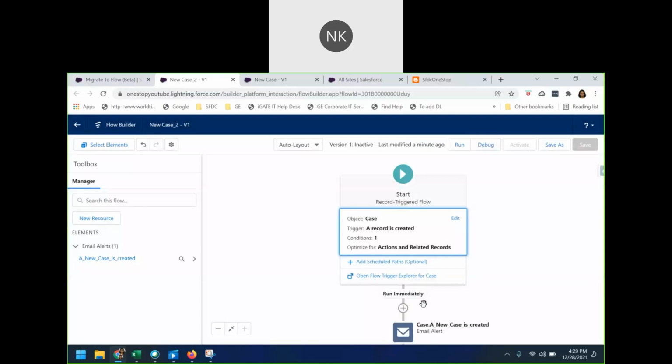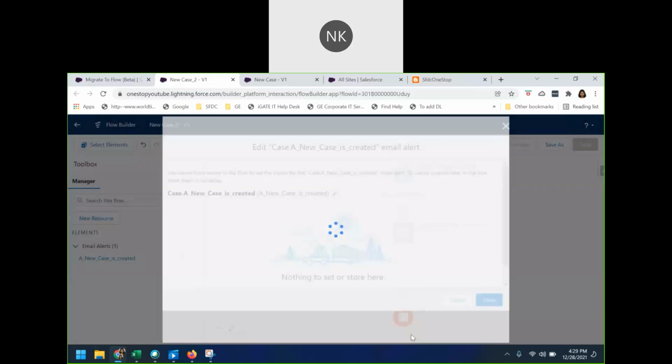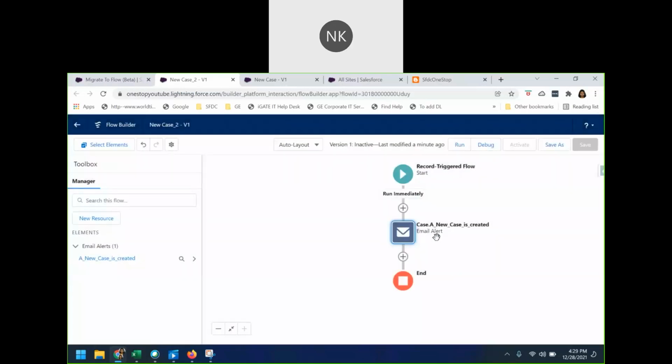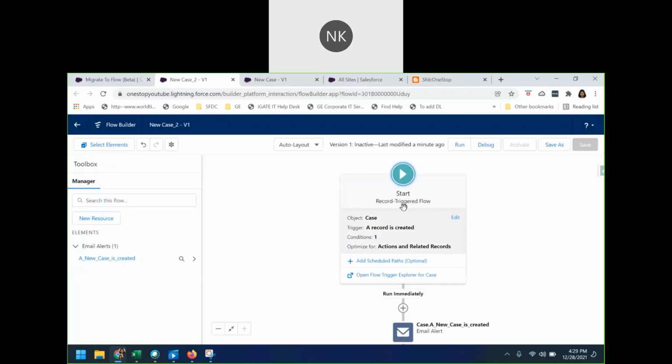Then immediately what has it done? It has created an action. When you click on it, it says that new case is created, an email has to be sent out, an action has been sent. Here if you can see, the new email action has been created over here. So what it does is the same thing we did in our workflow. So as soon as the object is created, as soon as a case is created, it triggers an email alert to the specific user.